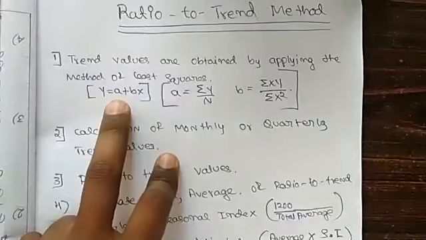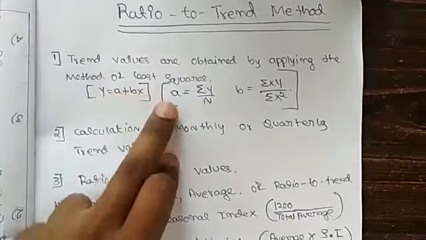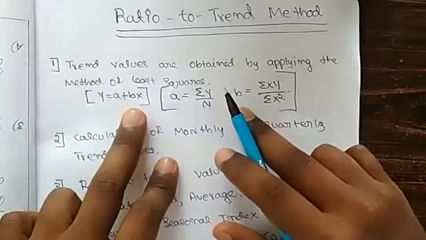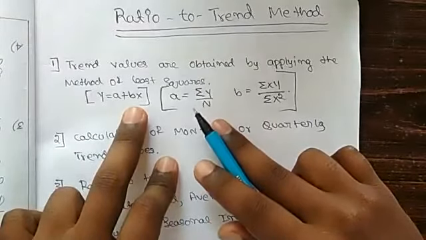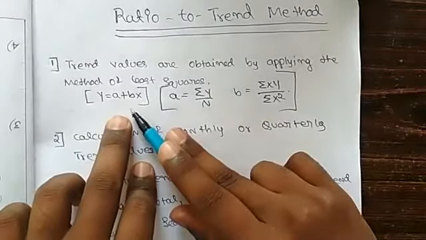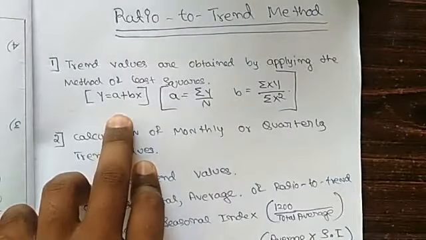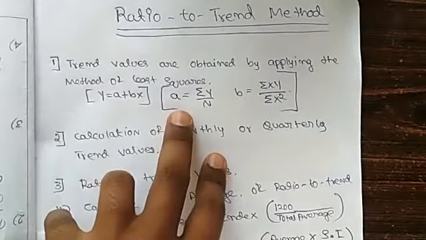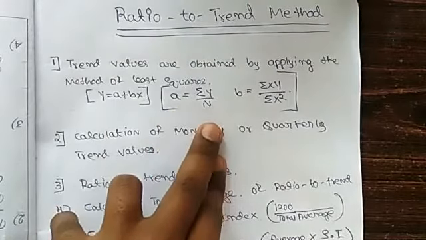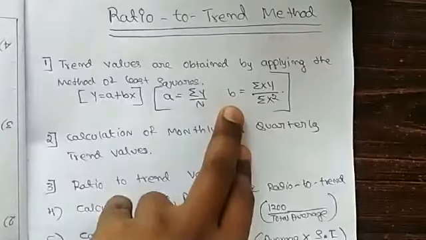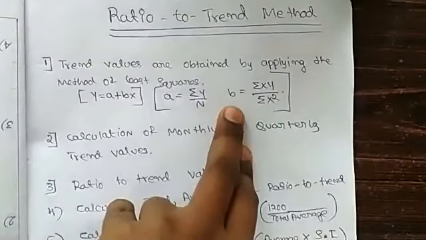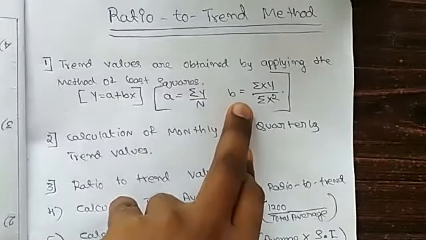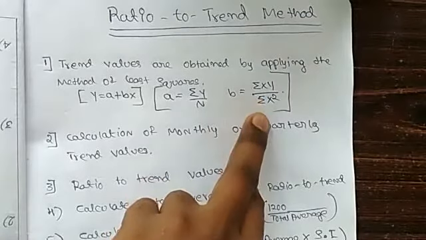Eliminate by calculating the trend values with the help of least squares. So we know how to find trend values under the least square method, which we discussed in the first part of time series analysis. By using this linear regression equation, y is equal to a plus bx, apply the same formula. Use this to find the constant value, that is a is equal to sum of y divided by n. Then beta is the increment over period, the annual increment, or we call it sensitivity. So beta is equal to sum of xy divided by x bar.